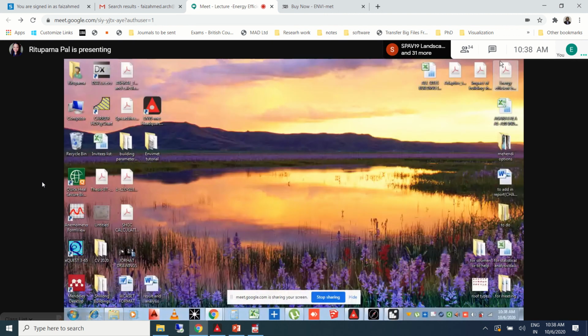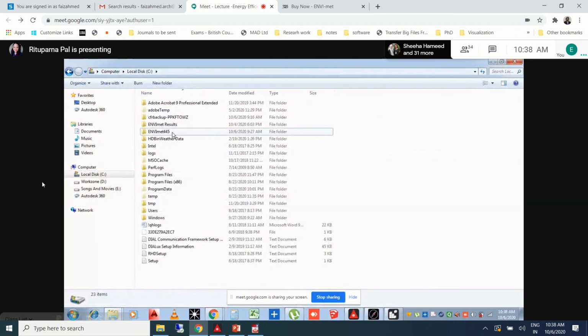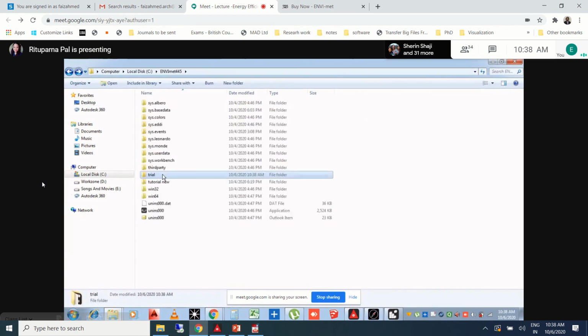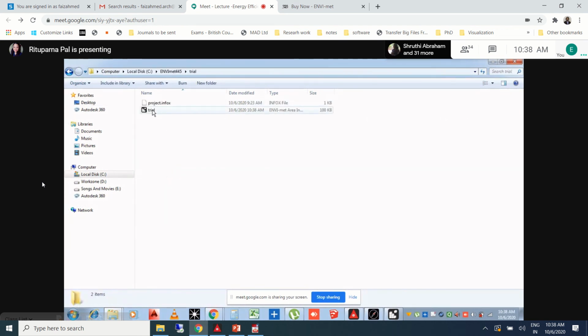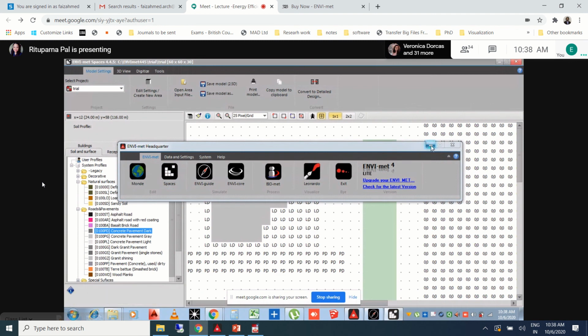Okay? So now we can just go back to our system to find where our things have been saved. Once you open the trial folder, that is the new folder which you have created, you can find this particular thing. You can see the icon here, which was the icon for the spaces option. Remember the spaces option? Here also we are naming it trial, like we had already named it trial. So inside trial we are again naming it trial. Yeah, no issues, because that is a totally different format.